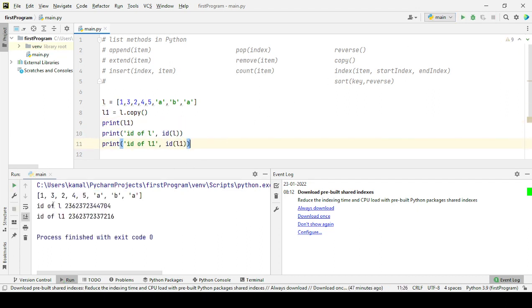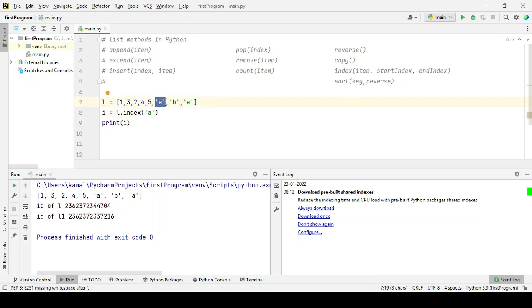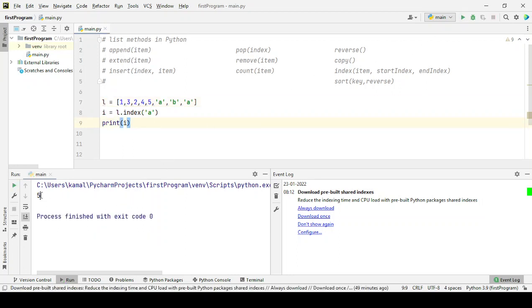Let's try to print this. You can see the ID of L is this and the ID of L1 is this. Both are different entities. Next in the line is the index method. The index method returns the index of the item specified. Here we have specified A. Inside the list, A is here, so it will return its index. Let's try to run this. You can see the output is 5, because A is at 0, 1, 2, 4, 5, the fifth location index,